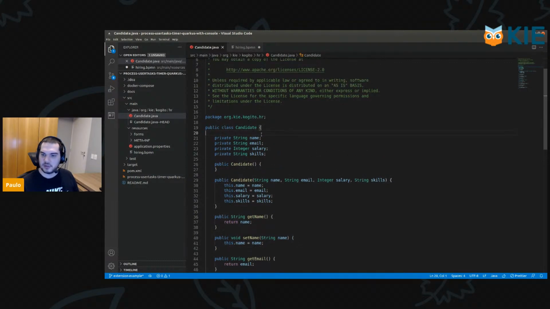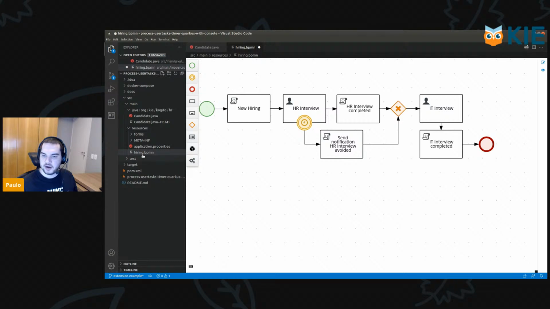So in this project, we have two relevant files that I wanted to show. First is the candidate module. So this example consists in a hiring process of a company of a candidate for a certain job. So this module represents this candidate and has these four fields. And then if we go here to the hiring.bpmn process, we can see